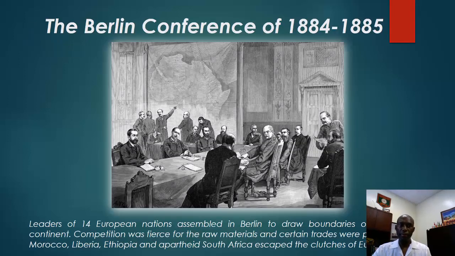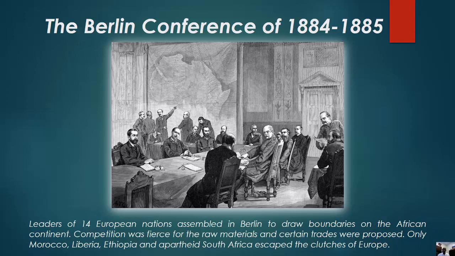having the Berlin Conference in 1884-85, where 14 European nations got together to begin dividing up the continent as if it were a piece of cake. Competition was fierce for the raw materials, and certain trades were proposed. And when I say trades, I don't mean of commodities, I mean trading countries. European nations were saying, I'll trade you this country for that country, because it gave them some kind of strategic position, where it might have been a port country that they wanted access to. So in Africa, there were a few countries that were not colonized,